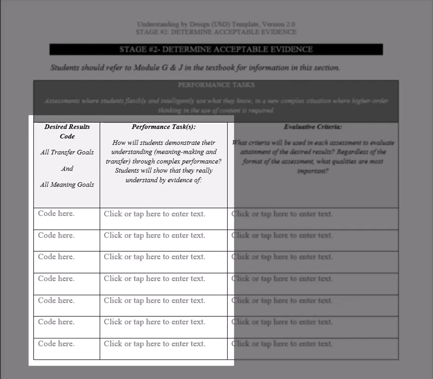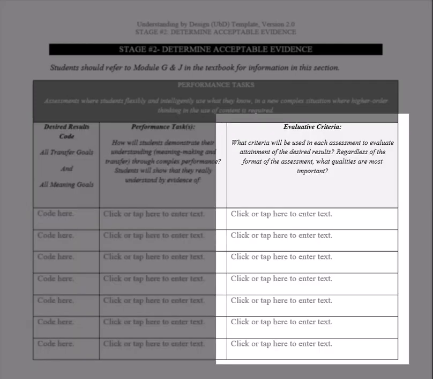As we are creating these tasks, we need to make sure that we are including the goals from the desired results column. In the evaluative criteria column, we list what is most important for indicating that the learner has accomplished the desired results. The evaluative criteria for the performance tasks may consider areas like content, quality, impact, and process of